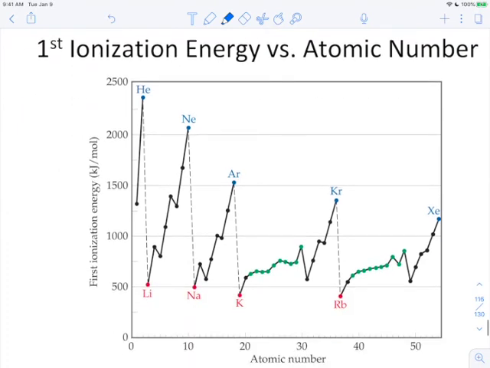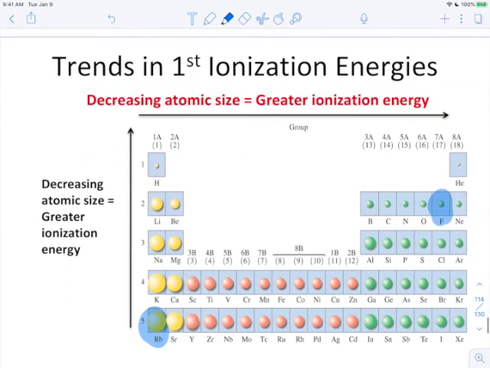Okay, so next up, ionization energy versus atomic number. So if we go back to our chart, we know that ionization energy is going to increase going up and increase going to the right. So again, what we're doing is we're following the trend of the sizes. So the smaller it is, the greater the ionization energy. The larger it is, the less the ionization energy. But be aware, everything has an ionization energy. You cannot steal an electron, even from somebody who wants to give it to you, without putting in a little